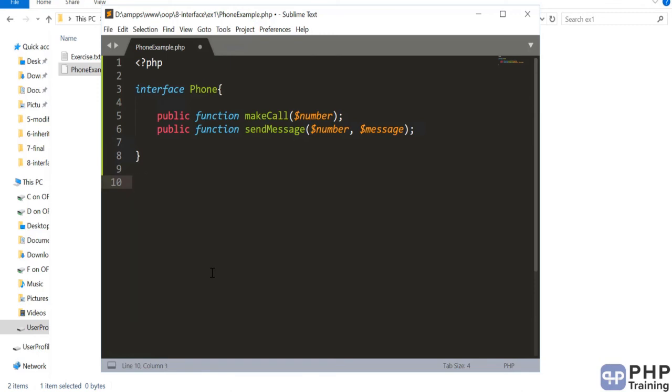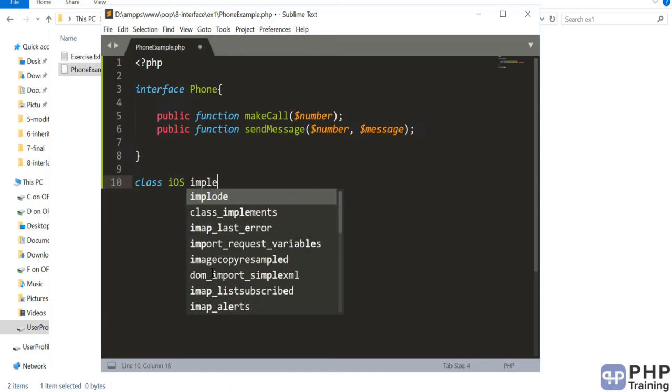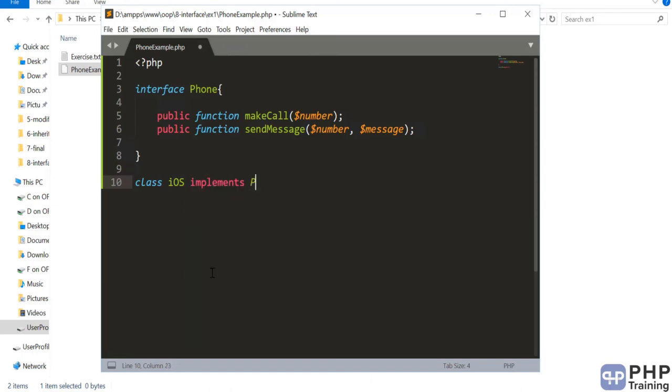Then we'll create a class, iOS class, which implements the phone interface. Now you have to define these two methods.